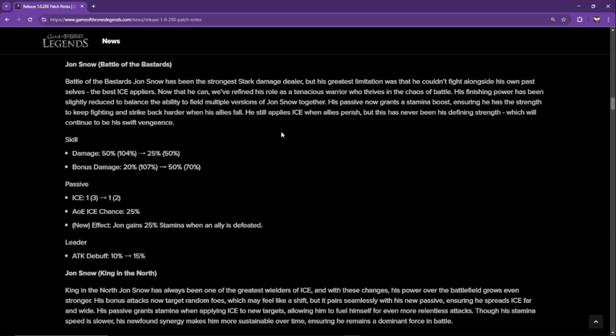It looks like his damage went down quite a bit, from 50% at the start to 104% attack at max, down to 25% at the start and 50% at max. His bonus damage was buffed at the start, but overall looks like it was taken down just a little bit,